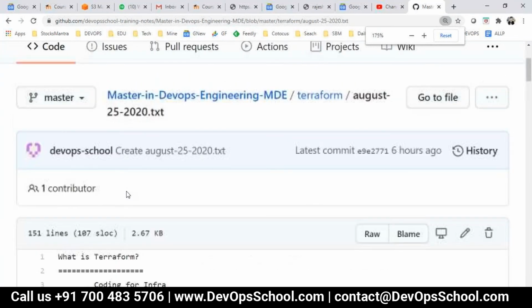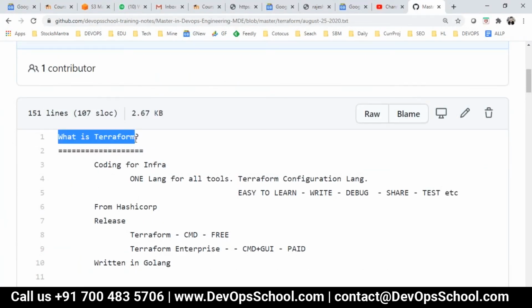Okay, so first question is what is Terraform, right? Nowadays, whenever we talk about Terraform, we say entire infrastructure coding you can do through this tool. It's one of the very popular tools in today's DevOps world, and this tool can help you to code for infra, right?